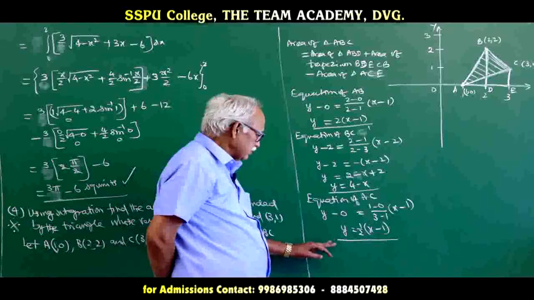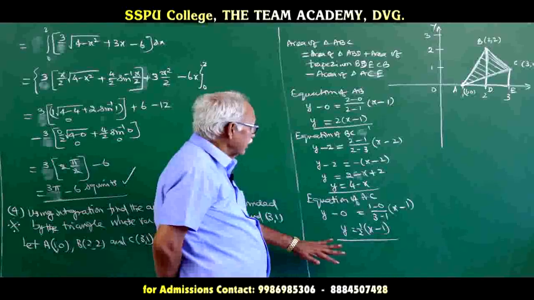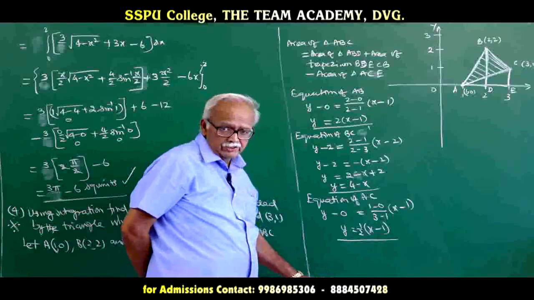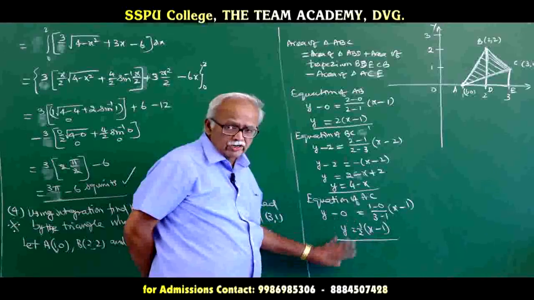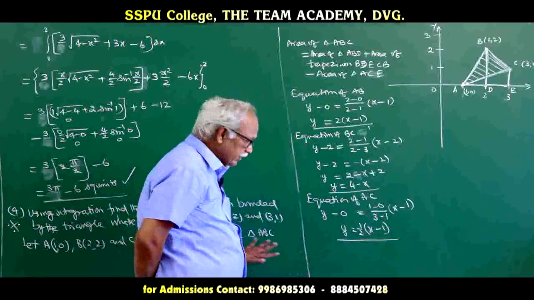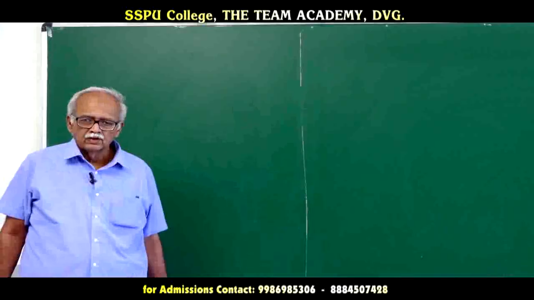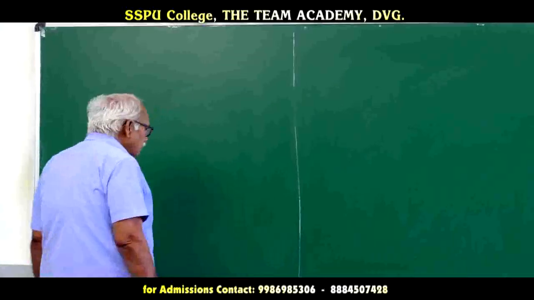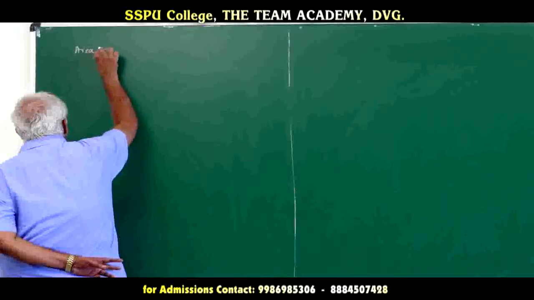Now, we have to put the formula for the integral. Let us continue to get the answers. We have to apply the integration for this area. We should not use other methods, we have to use only integration. Using integration, find the area of the triangle. Now, we have to calculate the area of triangle ABC using integrals.